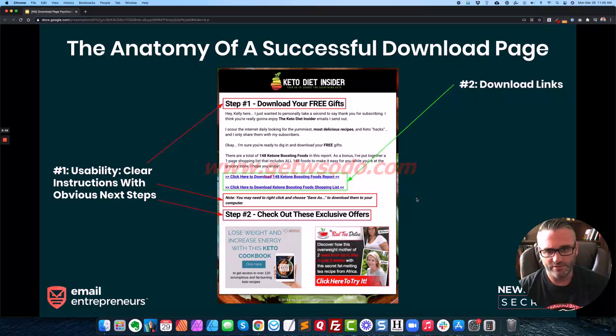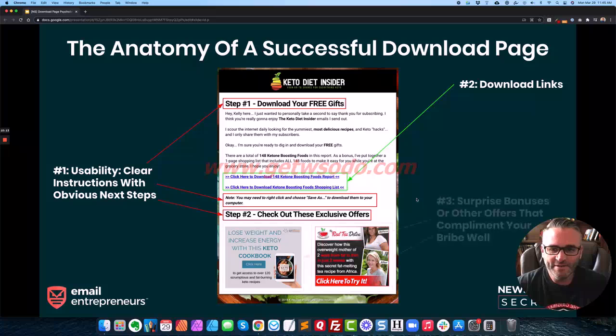Download links is the second element there. Make them very obvious. Again, like I said, you don't want to disguise them or hide them in any way. Everybody knows that blue text with an underline is a link. It's been a link since the internet was created. Third element,